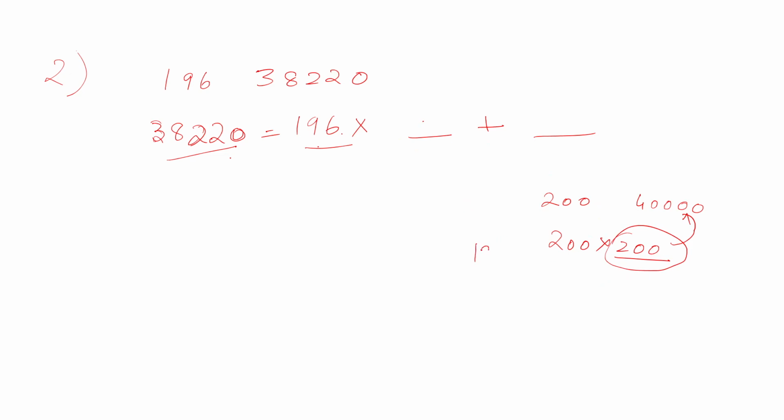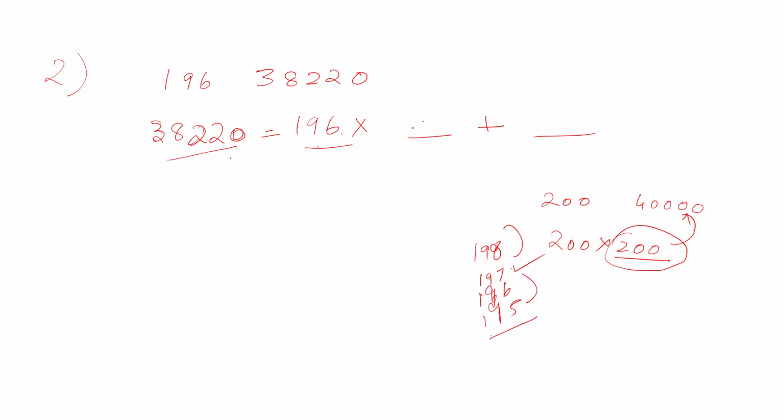Either it can be 198, 197, 196, 195 or something like that. But any of the numbers you take randomly and check, then you can know whether you have to proceed to the upper side or lower side. So in this way you can restrict this finding part to 2-3 numbers only.